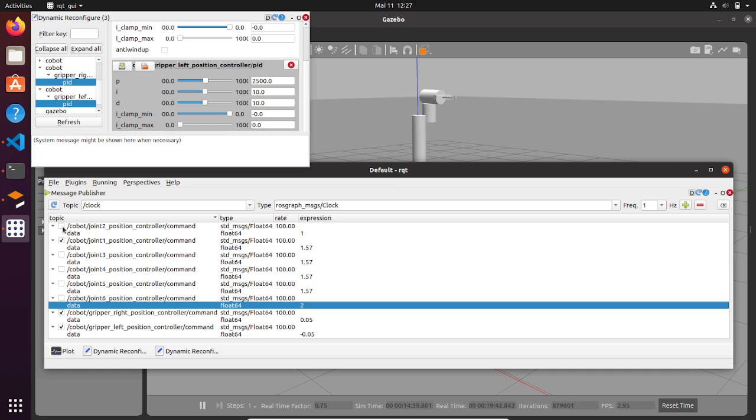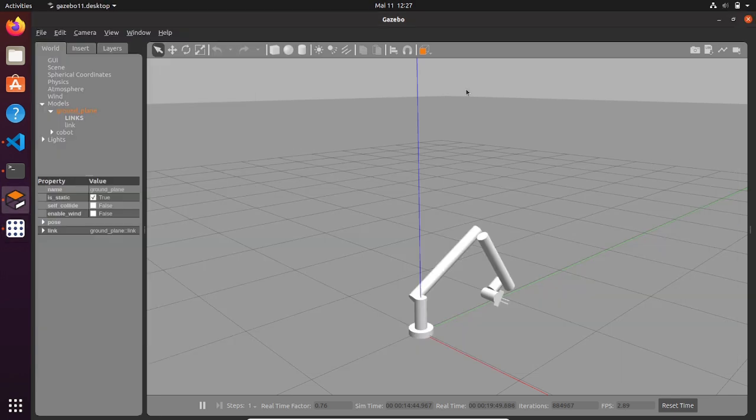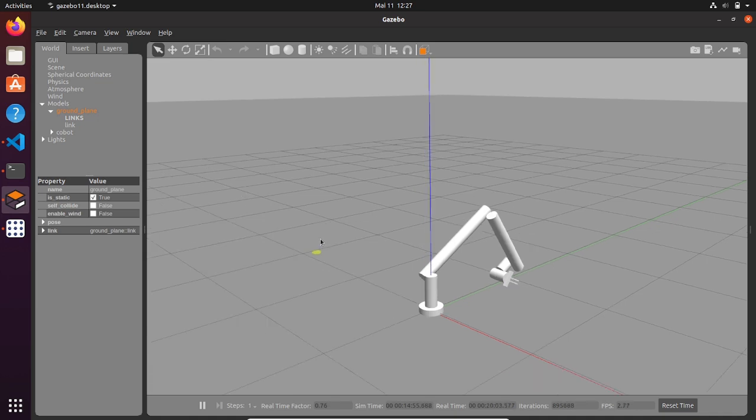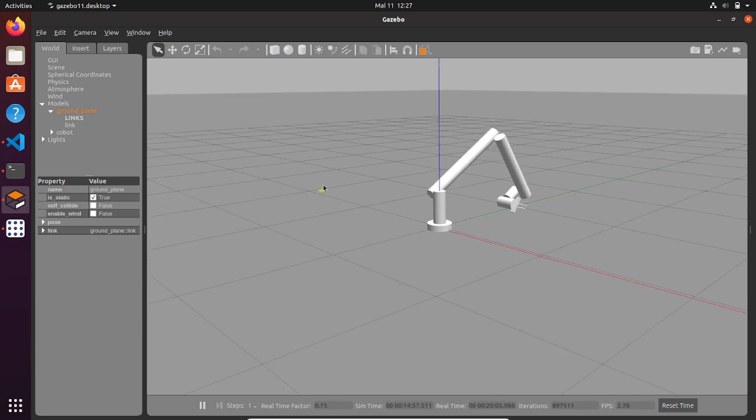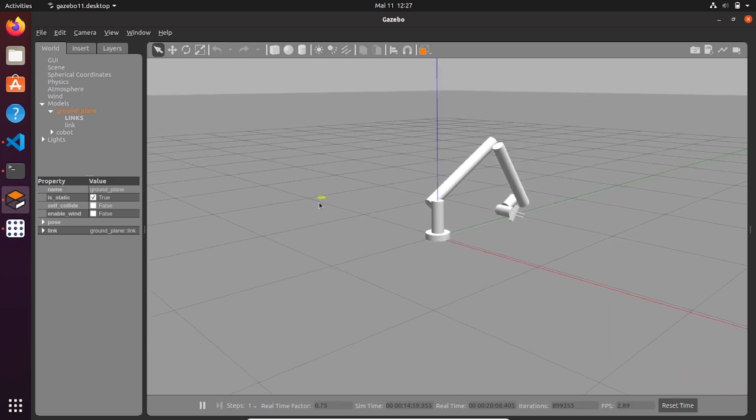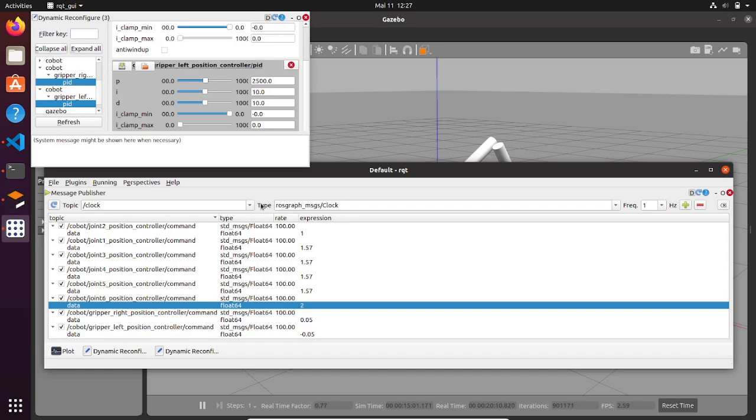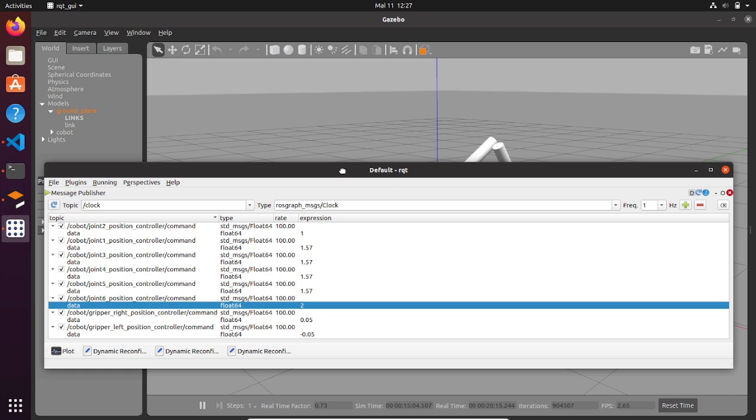tip the windows, and the robot is going to the position that we have asked it to go. And this is an example of a forward kinematics where we have set up the joint position of each joint, and the TCP goes accordingly. So before we close, let's remember to update the YAML file for the gripper left position controller,